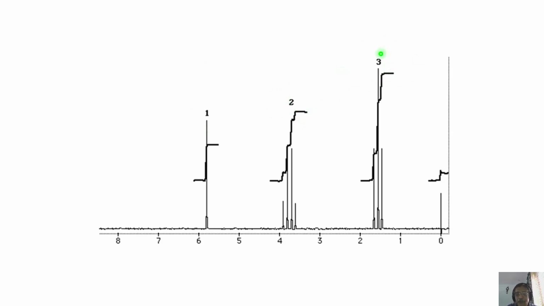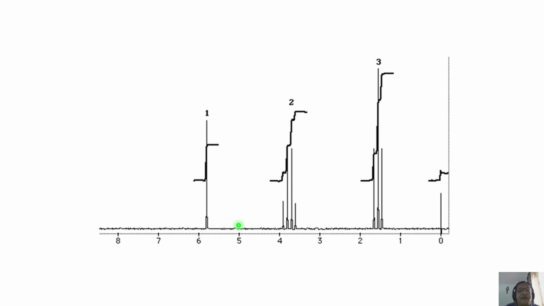Now, what is the first guess for this molecule for this type of spectrum? Of course, CH3CH2OH. You can think of that, where CH3 is split into a triplet because of CH2. CH2 is split into a quartet because of CH3. OH is not split by either of them. That's what we expect, right? So it is quite likely this could be the spectrum of ethyl alcohol.